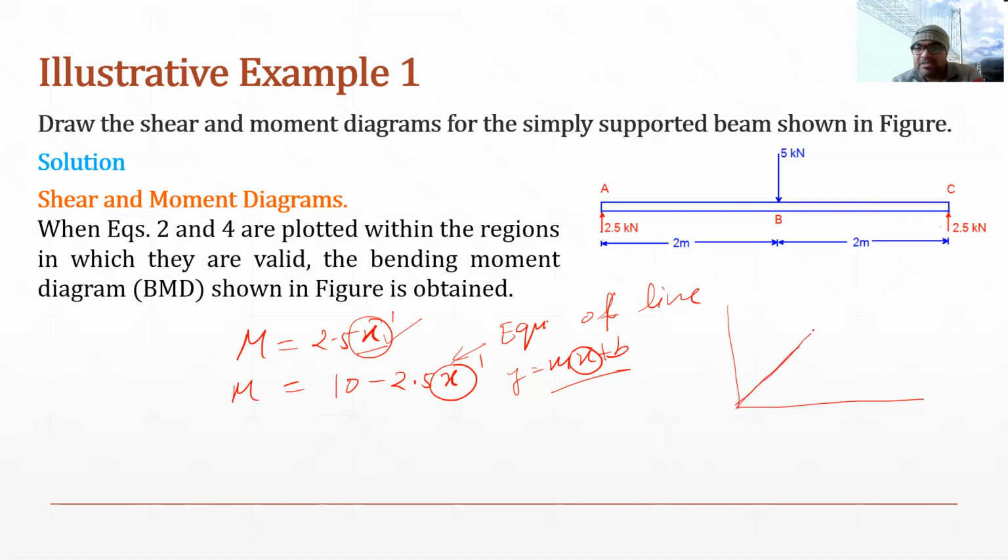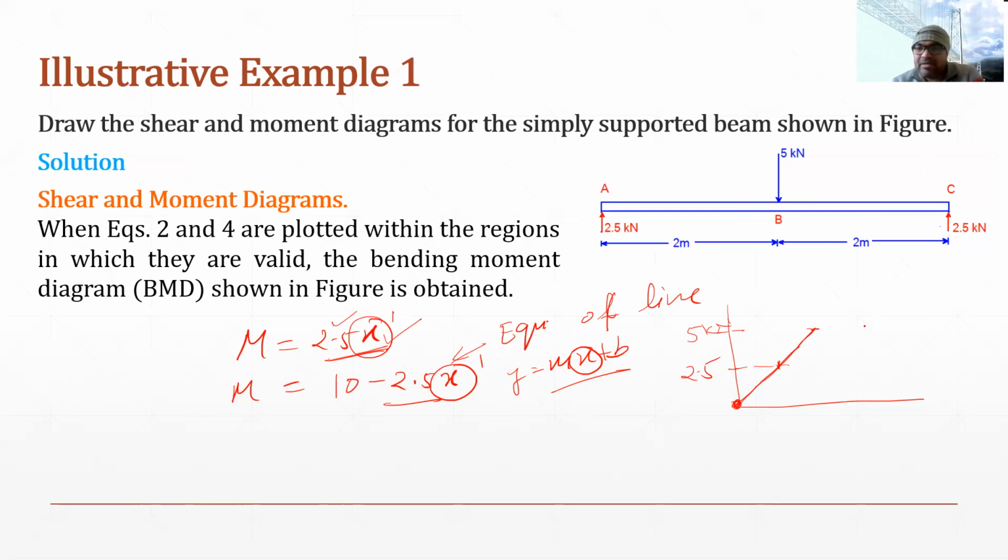Now, how have I made this inclined? Because when I put x equals 0, then I get the value of m as 0, and that is why here it is 0. Similarly, when I put x as 1, then we get the value 2.5. So that 2.5 corresponds to 2.5. Similarly, when I put x equals 2 in this equation, then I get 5 here. So say this is 5. Similarly, in this equation, when I put x equals 2, then I get 5, which is the same.